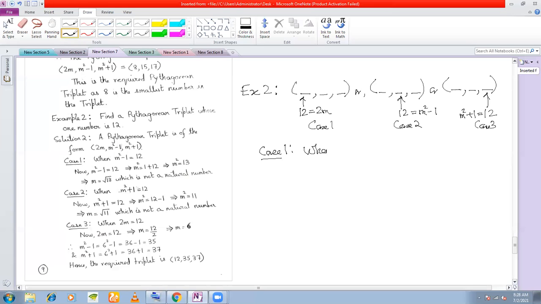When 2m is equal to 12, right? Because any Pythagorean triplet is of the form, let's first write the formula for the triplet before taking case 1. Any Pythagorean triplet is of the form